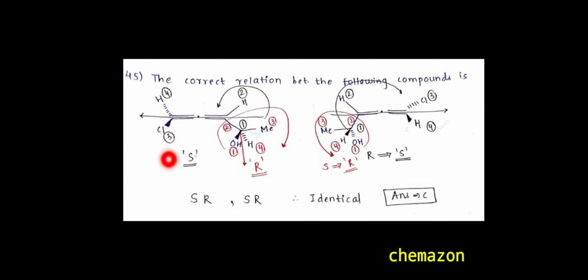So by using the basic allene rules, the rules for cumulenes that I had already discussed in the previous video, you will find that the configuration for the allene is S, and for the chiral carbon it is R. If we look again at the second molecule, you would find the configuration for the allene is again S, and for the chiral carbon is also R. So the absolute configuration of the allene is the same, whereas that of the chiral carbon is also the same in both the molecules. Hence these two molecules are identical.